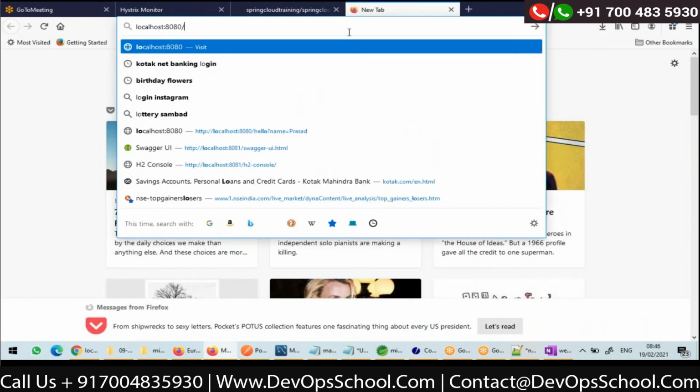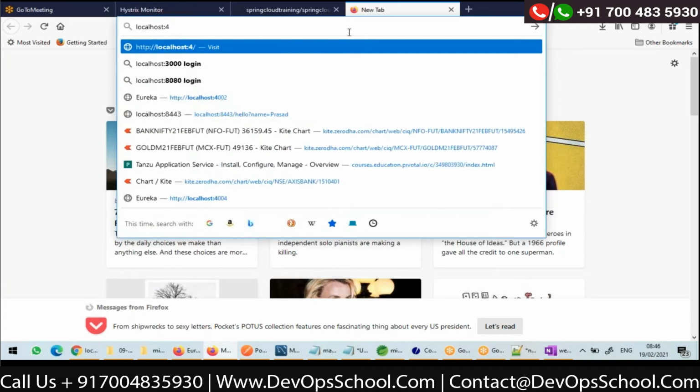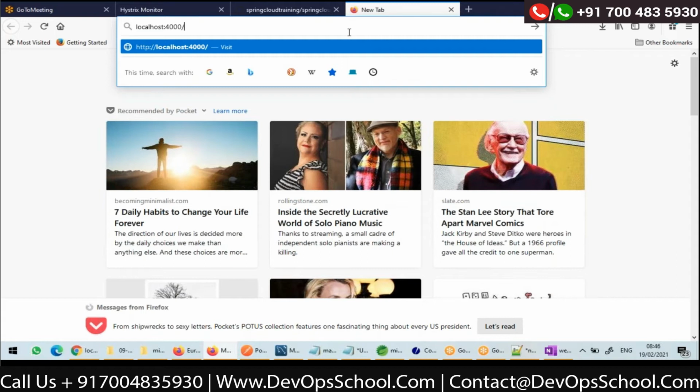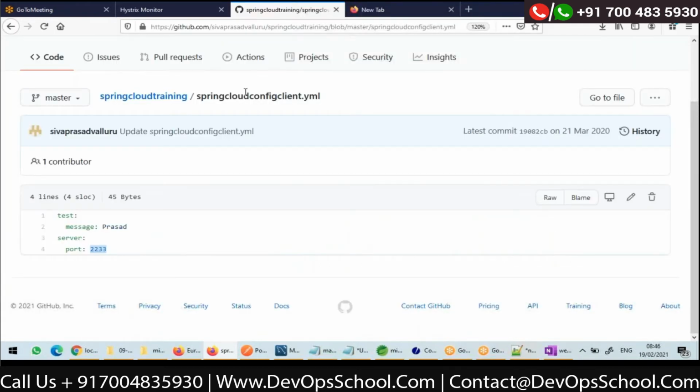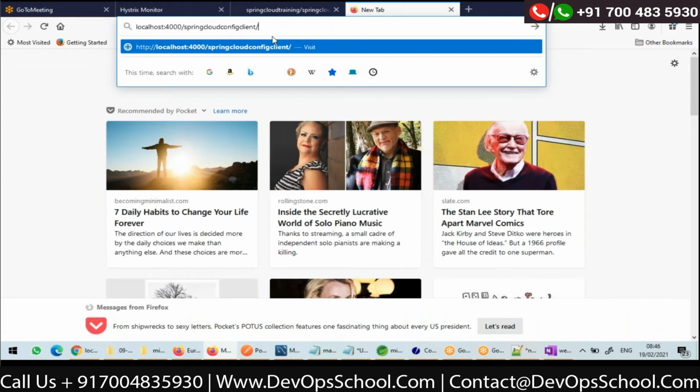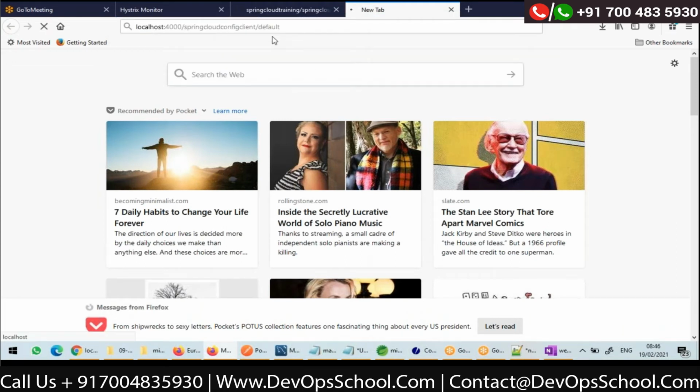Localhost 4000 slash app name. Actually, here the file name is Spring Cloud config client, slash the profile, default. I want the default profile. So I'm giving a request like this. Let us see.